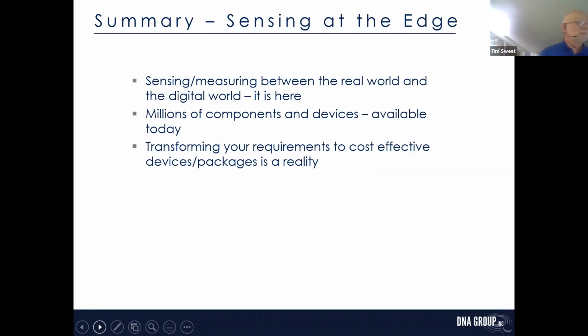So, a quick summary. Sensors have come a long, long way, just in the past 20 years. Moore's Law, which is still alive and well, and MEMS, or miniaturization technologies, will continue to drive down the size and cost for all sensor solutions. There is a lot out there, and sorting through that will take time and energy. But if you can't find something that meets your cost and performance requirements, don't give up. There are resources out there that can help you.